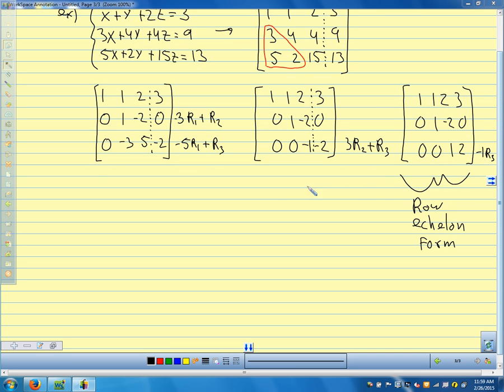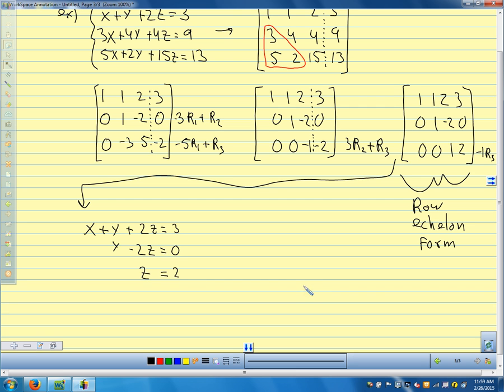And now what we're left with, we retranslate that into a system of equations. x plus y plus 2z equals 3. y minus 2z equals 0. And z equals 2. And then we can do back substitution to get x and y, just like we did before. So our solution, if we did our back substitution,